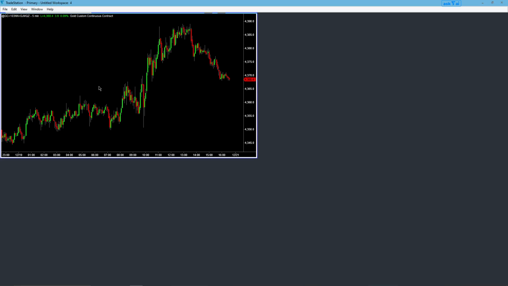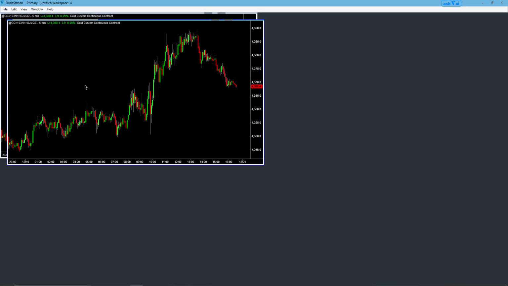That's fine. I default to the black background because that's my preferred, but of course you might have a white as your preferred. That's fine. And we'll take this chart and we'll make a copy of it. Say copy this window and paste this window. And now we have two of them, and we'll deem one of them to be our high time frame chart